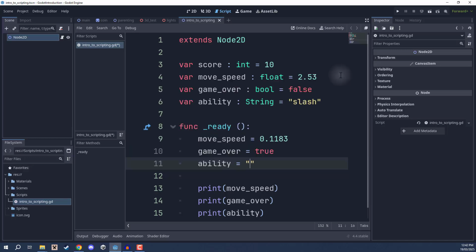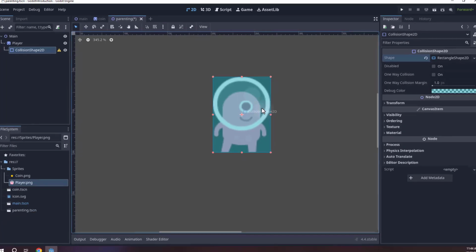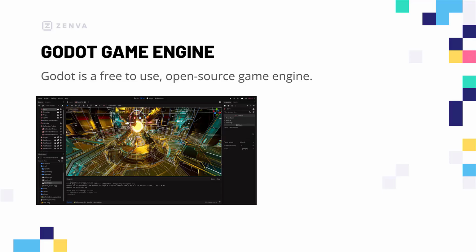In this course, we are going to have an introductory look at the game engine known as Godot. Now, Godot is a wildly popular game engine that has definitely increased in popularity over the last few years, as well as including many more features as they have very regular updates. Now, the engine is also free and open source, so you don't have to pay a single dollar throughout your